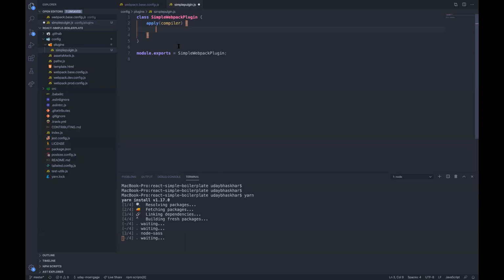So Webpack hooks allow you to write a plugin at every step. Like you have something called the done hook, you have the after emit hook. Once the compilation is done and bundles are copied to the build folder, the after emit hook gets called.